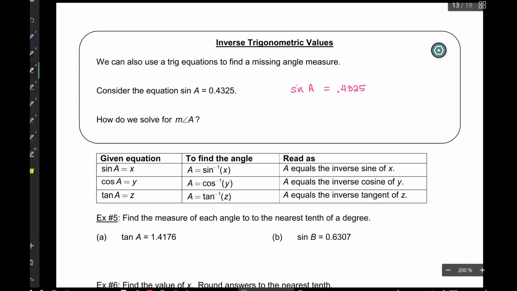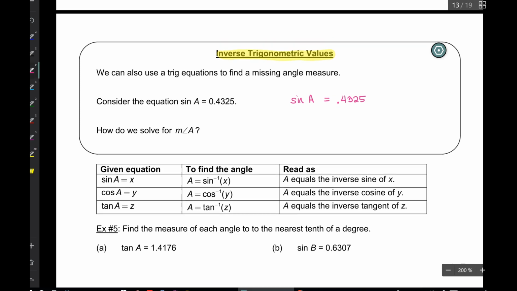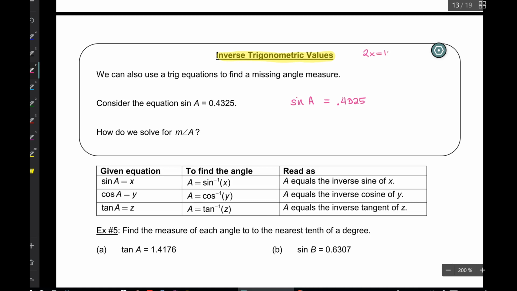We use what's called an inverse trig function. Just like if you had 2x equals 10, what would you do? You would divide. The inverse of multiplication is division. So the same thing's going to happen with trig ratios. But the way we write it, it kind of looks like an exponent of -1. It's not an exponent. It's the way that we write the sine inverse. And so basically the sine inverse and the sine cancel each other out,